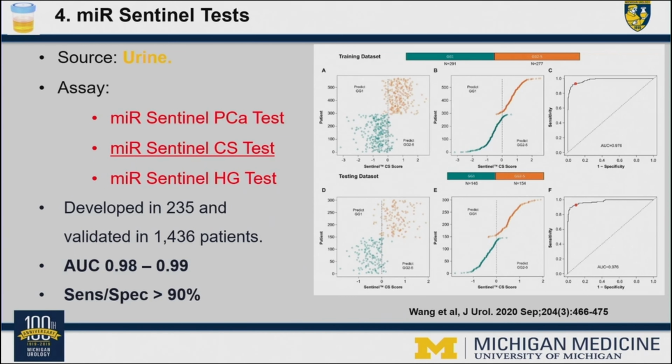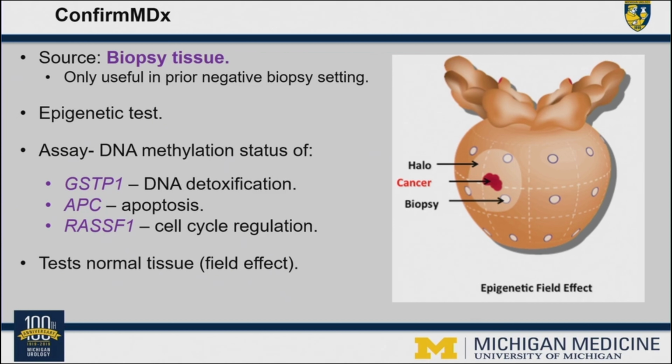And then the last test that I will talk about here is Confirm MDX. This is a tissue-based test that assesses the methylation status of 3 different genes listed here. And the concept behind this test is the fact that when you have a cancer area, the surrounding normal-appearing or benign tissue may harbor molecular changes that could inform you that there's cancer that you have missed on